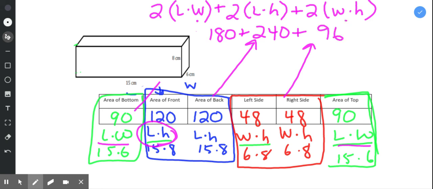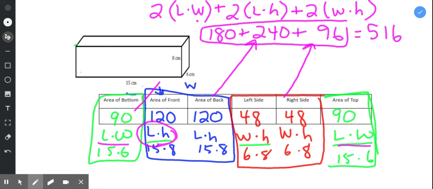Okay, when I add all of these together, I can plug in my calculator, and I'm going to end up with 516, and it's centimeters in the area, so it's squared. And that would be my answer. We're going to do one more